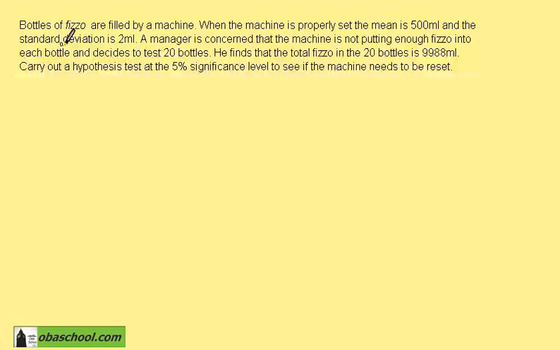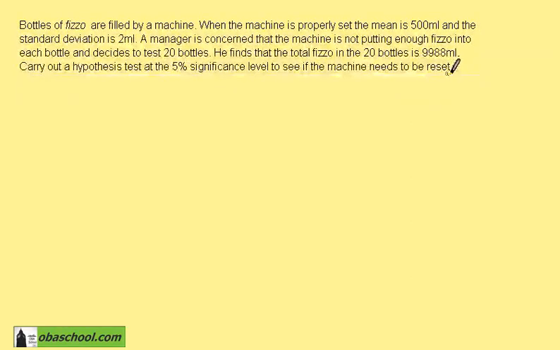Bottles of Fizzo are filled by a machine. When the machine is properly set, the mean is 500 milliliters and the standard deviation is 2 milliliters. A manager is concerned that the machine is not putting enough Fizzo into each bottle and decides to test 20 bottles. He finds that the total Fizzo in the 20 bottles is